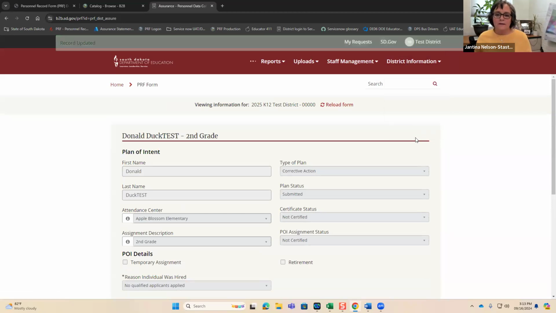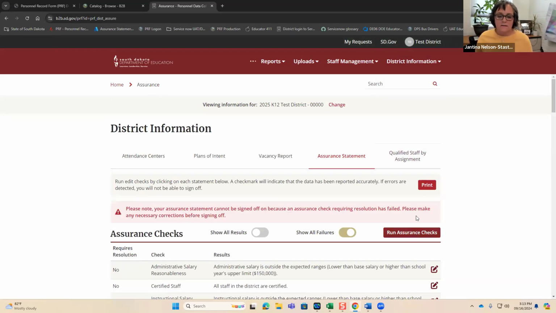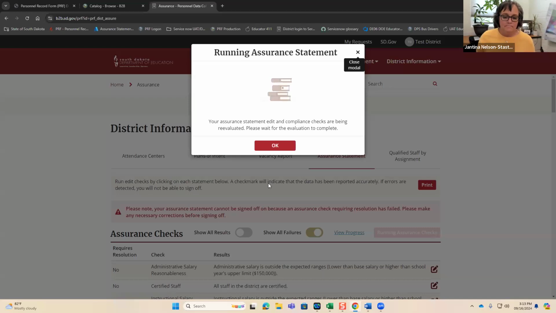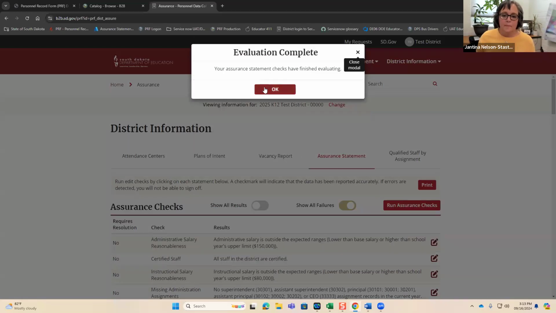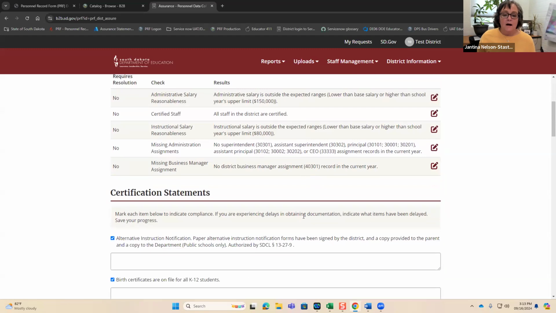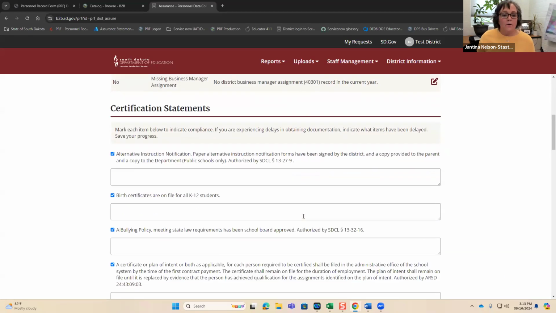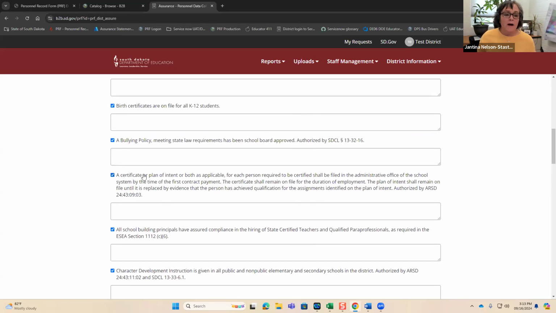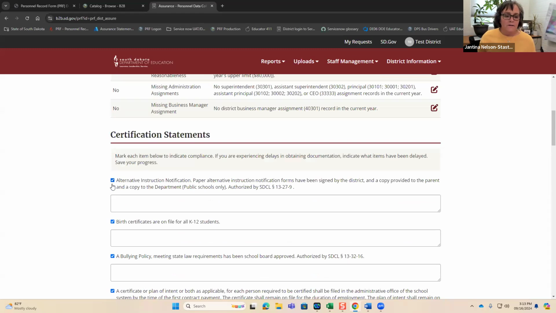Okay, if we go back to that assurance statement. Again, these errors don't require resolution, and you should look into them for reasonableness. The bottom half, I talked to you about.